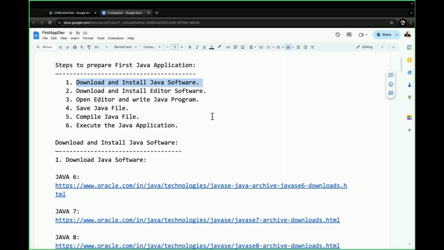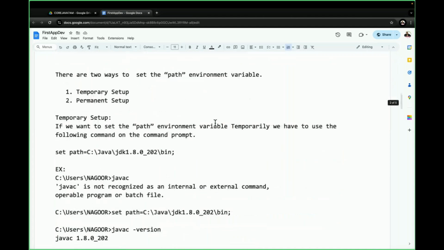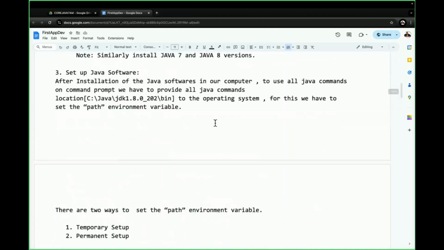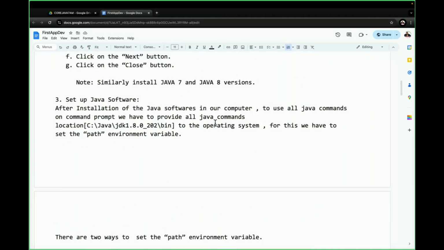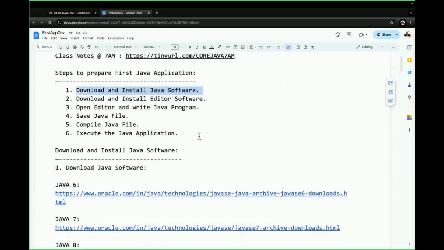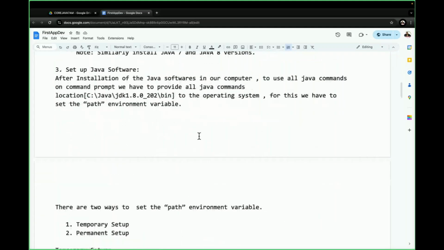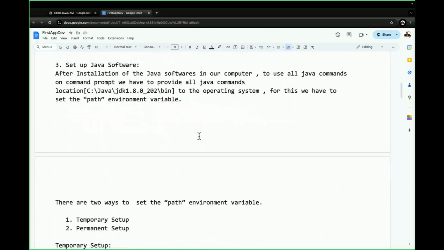Now let's see what we completed inside download and install Java software. Overall 3 points are available. First one is download Java software. Second one is, after downloading, install Java software. Next one is set up Java software. To set up Java software, what do we have to do? What is the meaning of setting up the Java software? Nothing, if you want to use